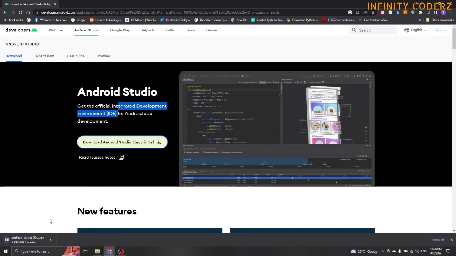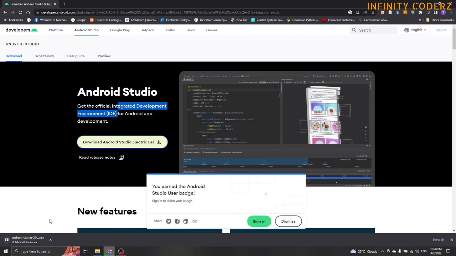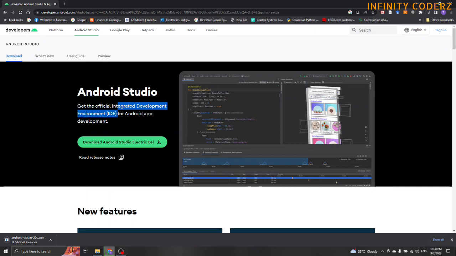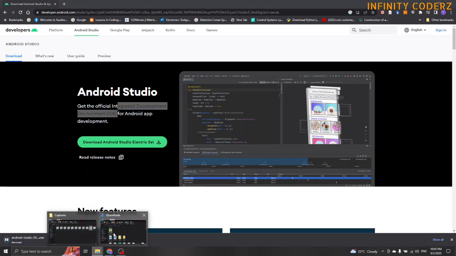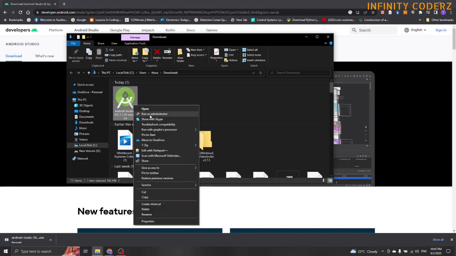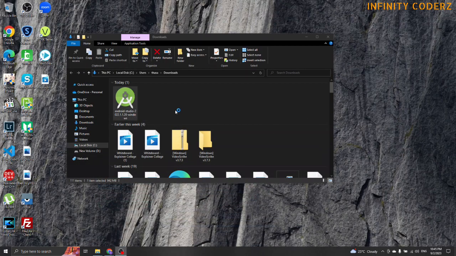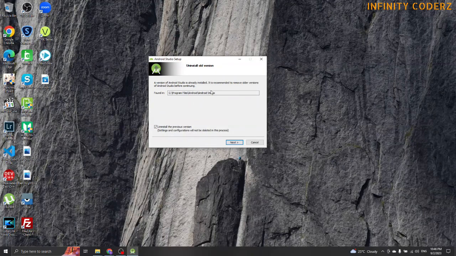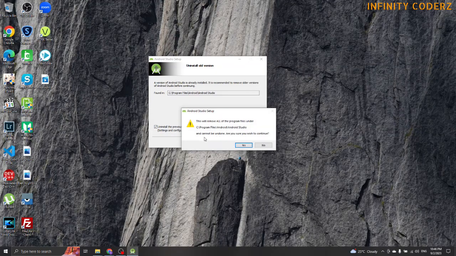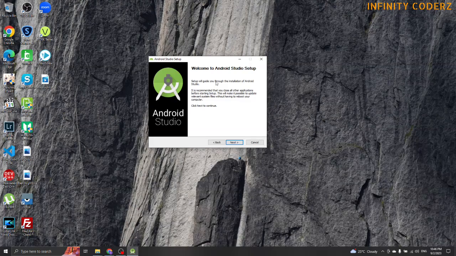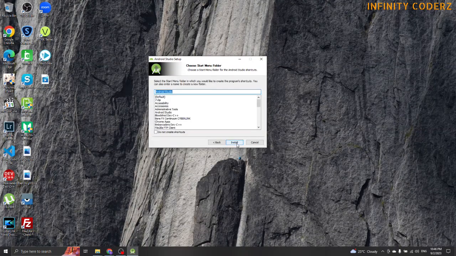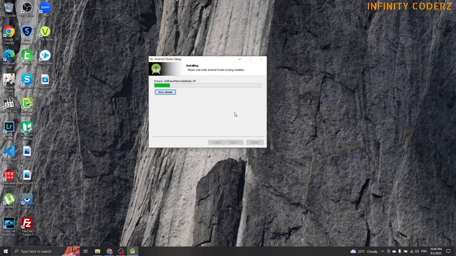The space required is less than 1 GB, so please allocate the space on the device before the installation process. Once the download has been completed, right-click on the Android Studio installer and run as administrator to start the installation. If there is already a previous version installed, there would be an option to uninstall the old version and the location where it was installed previously. Click Next to uninstall the old version and proceed to install the new version of Android Studio. Proceed by clicking Next and choose the installation location. The installation will take at most 5 minutes.